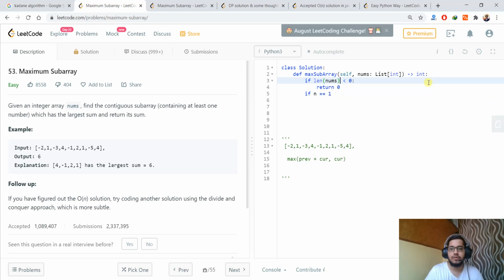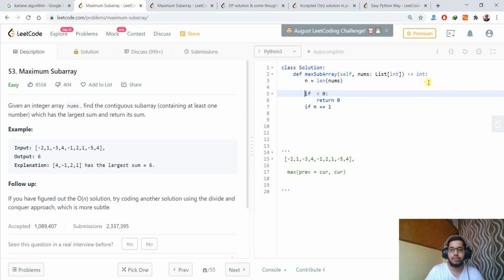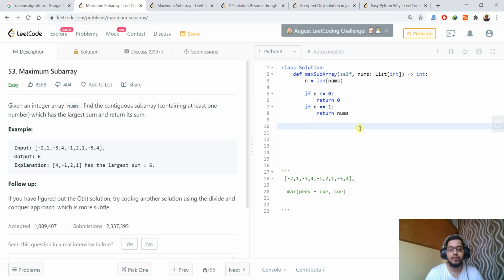Here n is the length of this array, and if it is equal to 1, we'll simply return the given element, because it should have at least one number. Now if it has more than 1, then we can calculate the maximum value that we can get.